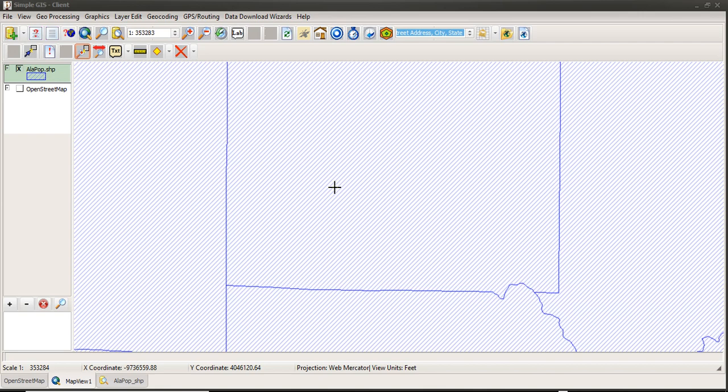To demonstrate as an example, I have just a very basic map, and I've loaded a county shapefile into my map, which is the top layer here in my table of contents. This particular county shapefile, indicated by these blue boundaries with the blue hatch background, has some demographic data that's been loaded in